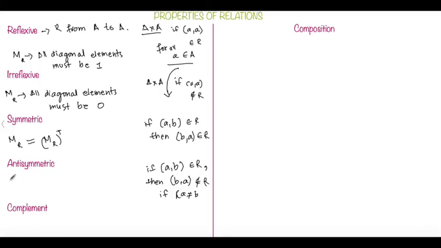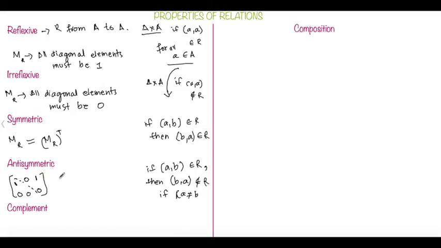So in this case, we have to show it like this. If this is my diagonal line and this is my 1 here, then this has to be 0 here, and if this is 1 here, this has to be 0 here. But if it is 0 here, then it can be 0 both ways. So it can be 0 both ways, but for 1, if there is a 1, then its symmetric element